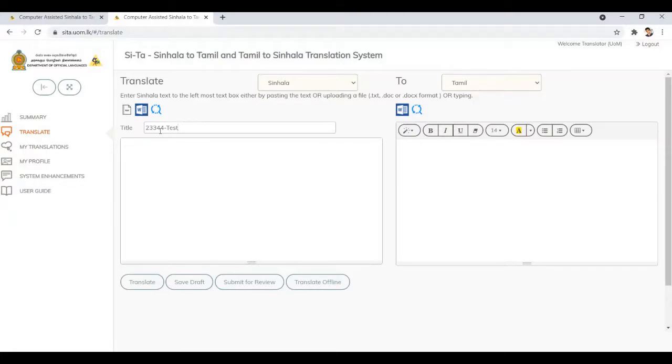By using the mouse or keyboard shortcut, it is possible to paste copied text into the text area as well. The Upload button can be used to select a Unicode text file rather than typing or pasting the text.